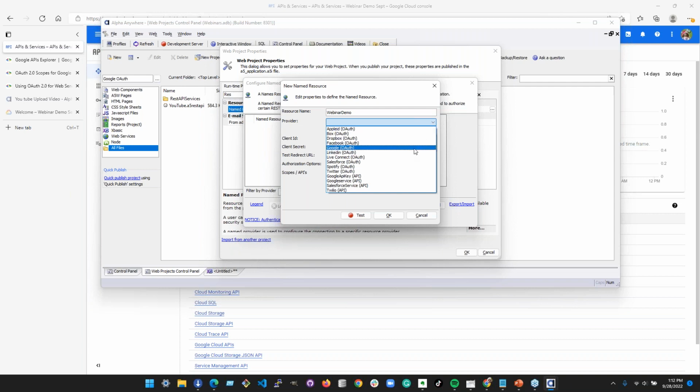You will notice there are two other Google things in here. There's one called API key. If you are setting up a service that uses a Google API key, you want to create a Google API resource provider. And the other one, which is used with our storage, our Google Drive storage connection integration, is called a Google service.